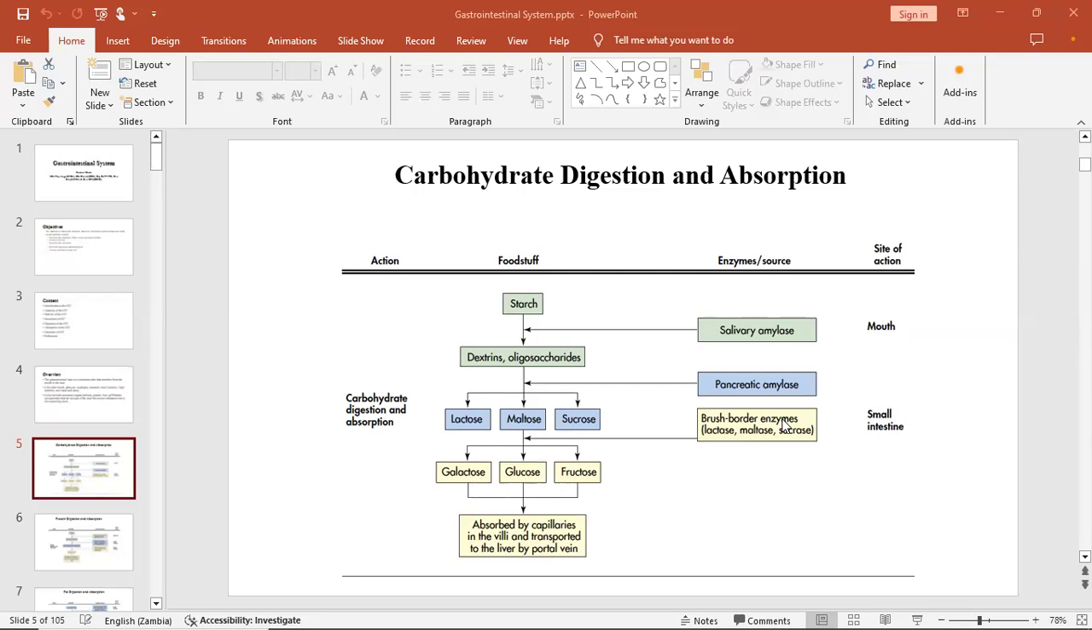So in the stomach, after the churning action, then after gastric emptying, meaning the emptying of the stomach contents into the duodenum, once the contents are in the duodenum, there's going to be another enzyme secreted by one of the exocrine glands,